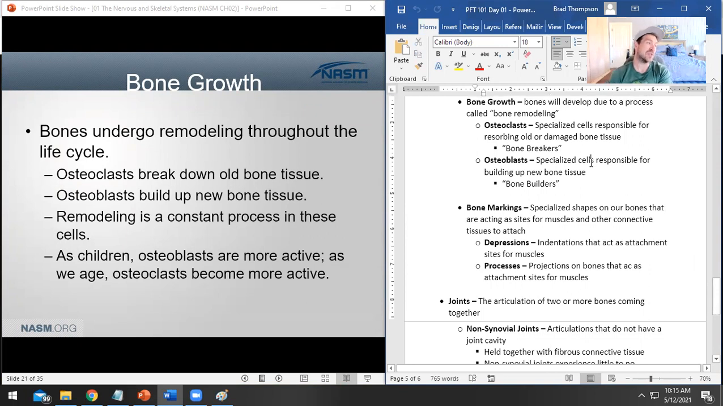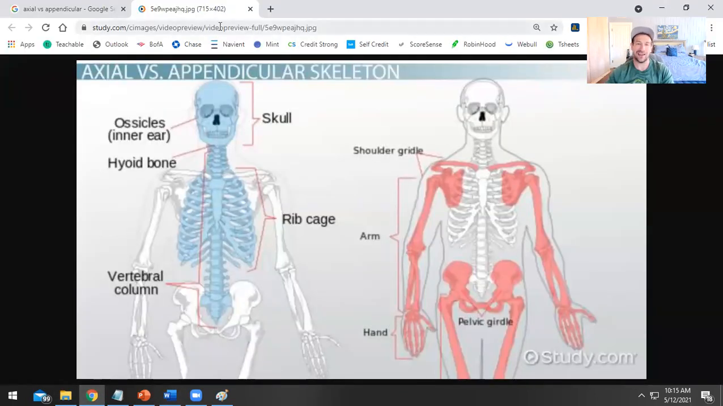Now, your bones are not just static tissue. A lot of times when we think about finding a skeleton,